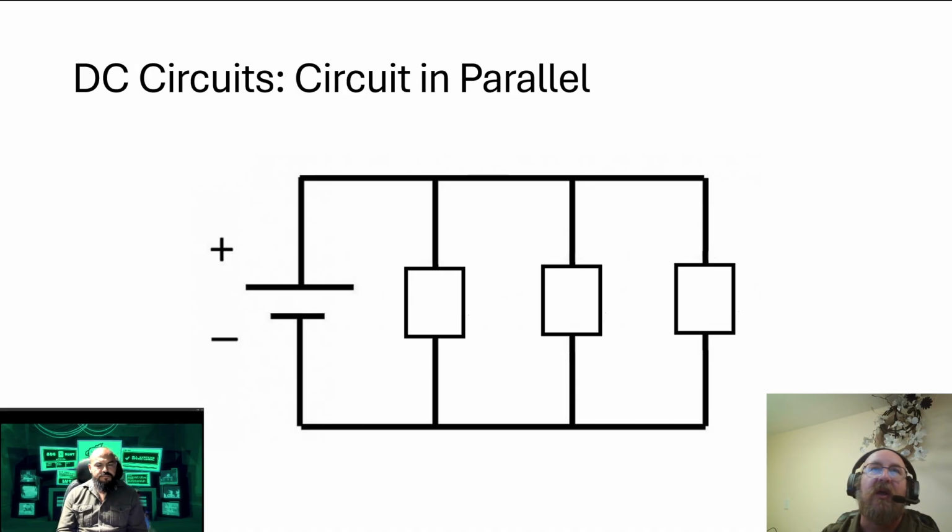If we look at a visual example of three loads in parallel here, each of these is getting whatever the voltage is of our power supply. If this is 9 volts, each of these components is getting 9 volts, and the voltage drop across this is going to be from 9 volts to 0 volts. The current going through this individual component is going to be based upon Ohm's law for this one component and that voltage. The current going through each one is going to be different